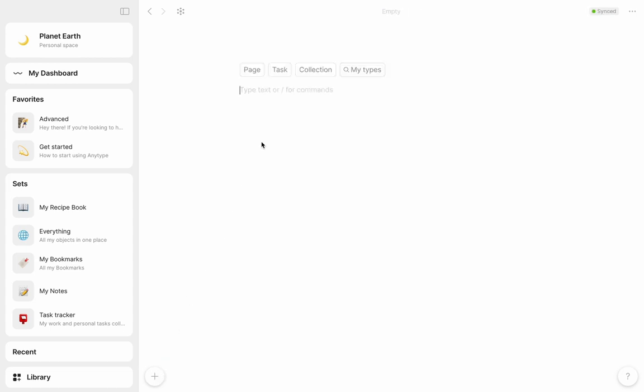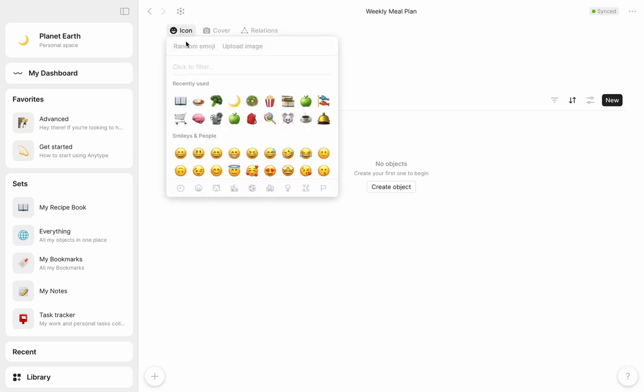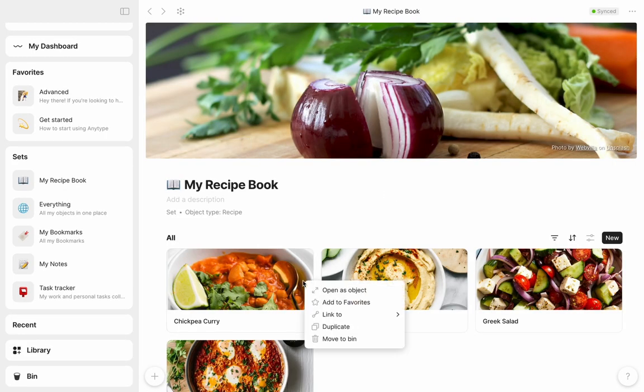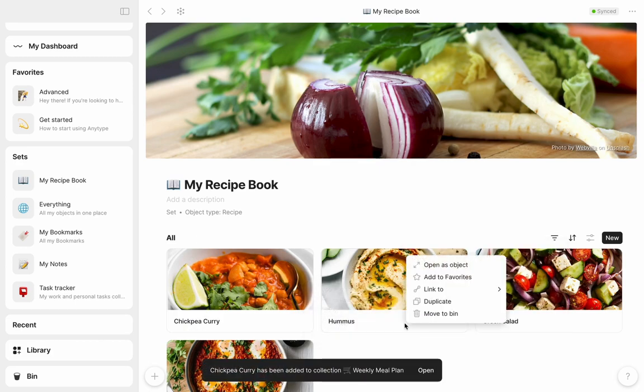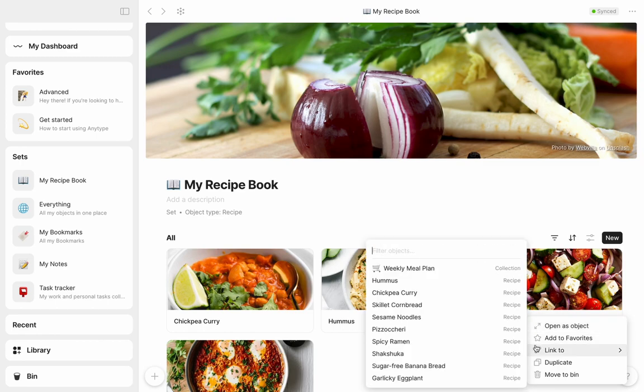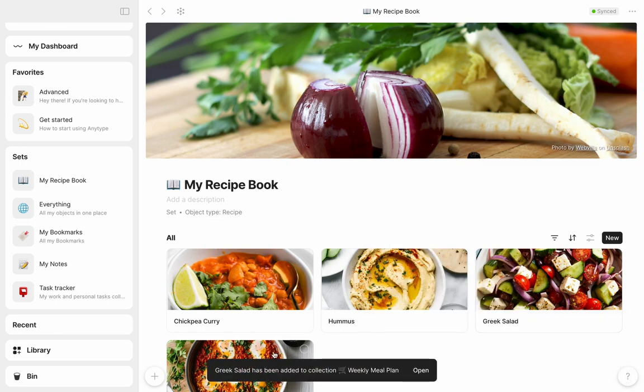Alternatively, let's say I want to create a grocery list based on the recipes I've chosen for this week. What I'll do in this case is to create another object called a collection and name it Weekly Meal Plan. I can now add any object I want to this collection, but I'm really only interested in adding recipes. So let me jump back to my recipe set and start linking the recipes which I want to cook this